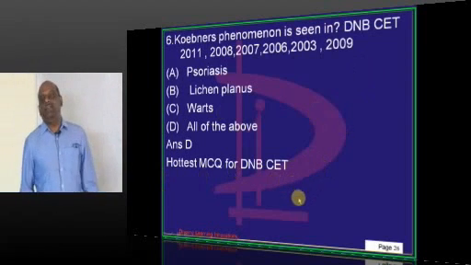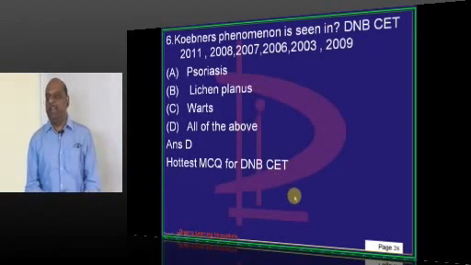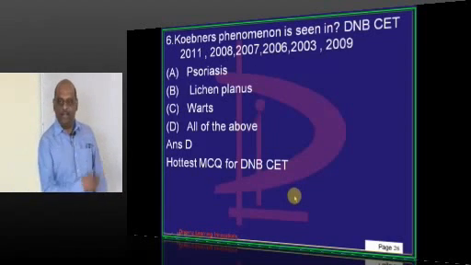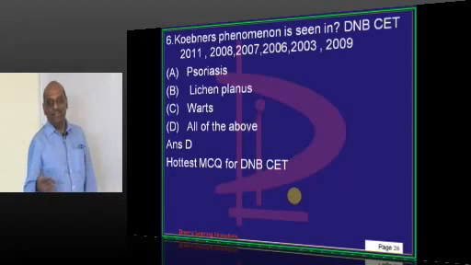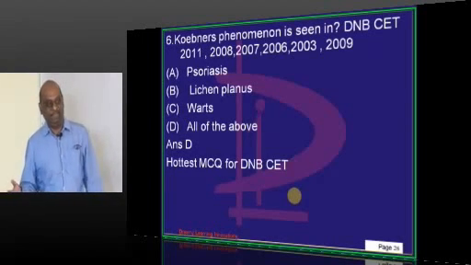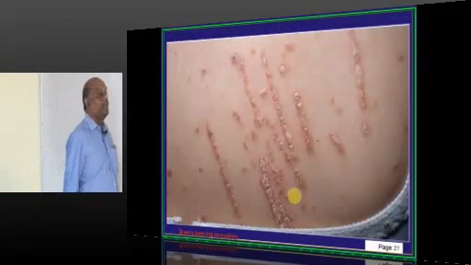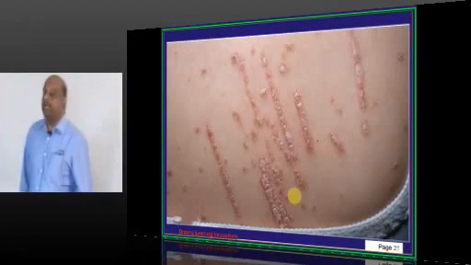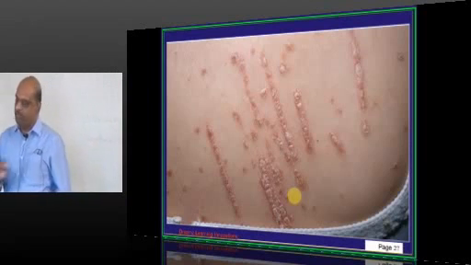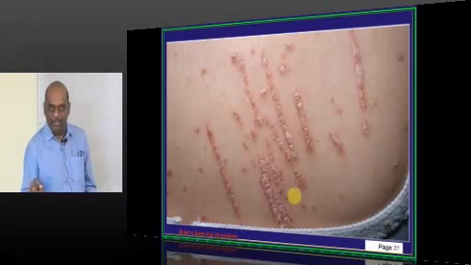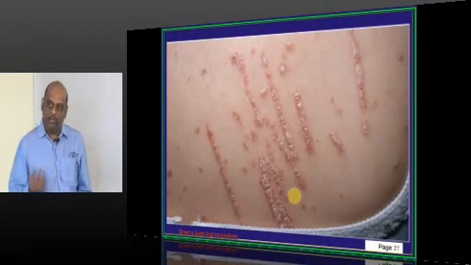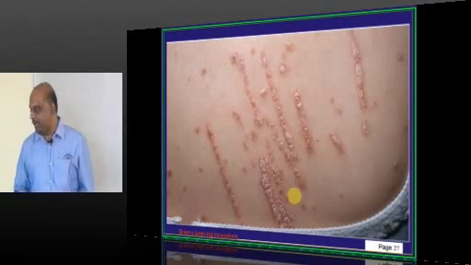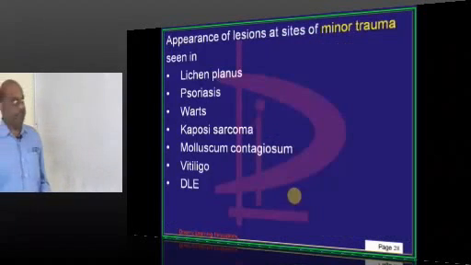If it is a simple all of the above, it is like will you marry my elder daughter, second daughter, third daughter, or all of them on a Dasara offer. But nowadays examiners are not as innocent in asking all of the above questions as they once upon a time were. So what is Koebner's phenomenon? If you subject the skin to a little trauma, at the point of trauma there is once more an upspring of new lesions, which is called the Koebner's phenomenon.